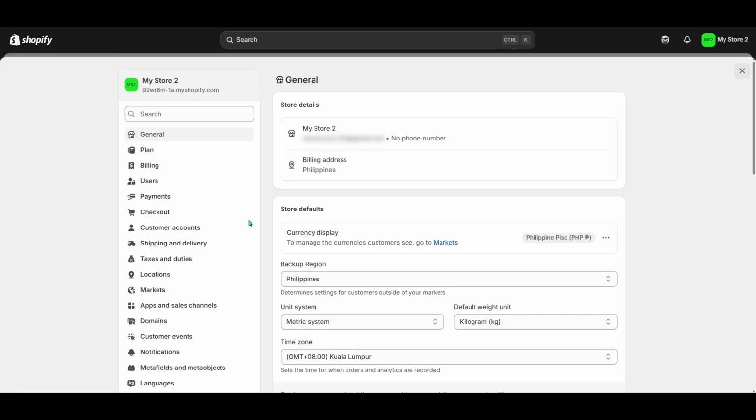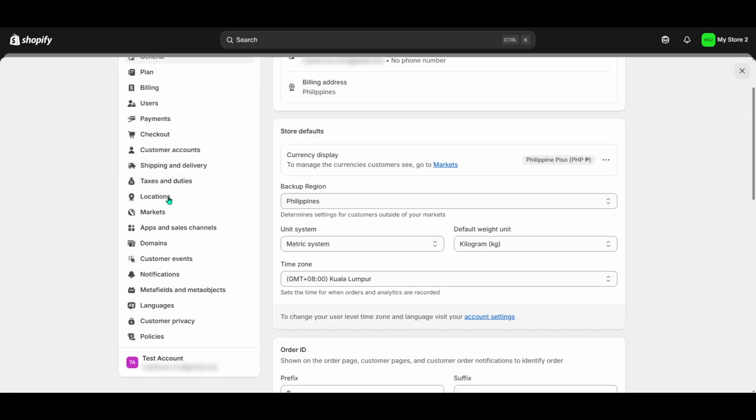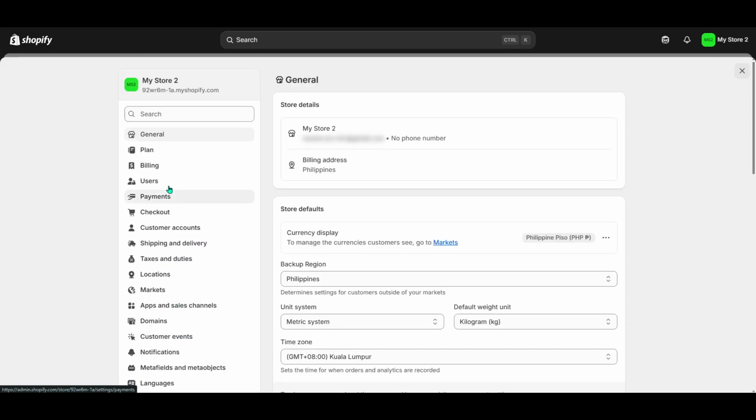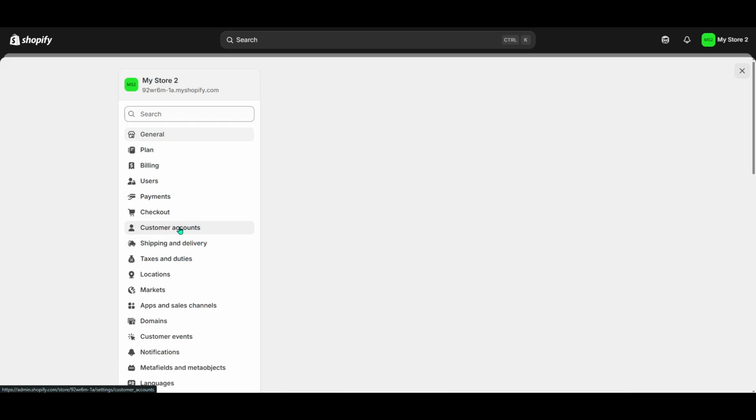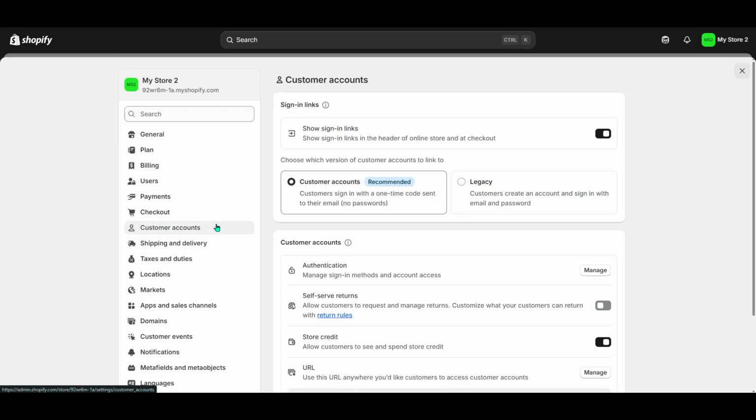Next, direct your attention to the left panel. Here, you'll find a list of categories you can modify. Among them, you'll see an option titled Customer Accounts. Click on this to proceed to the next step. This section deals with all aspects of customer management and is crucial for store owners who wish to streamline the